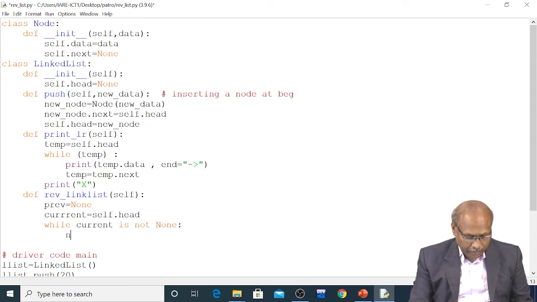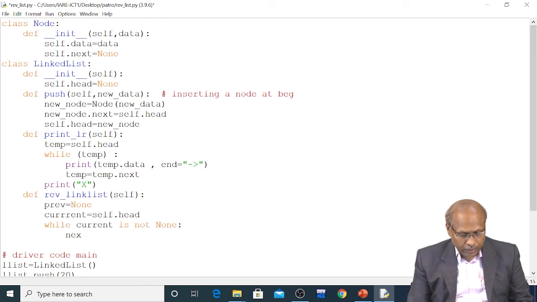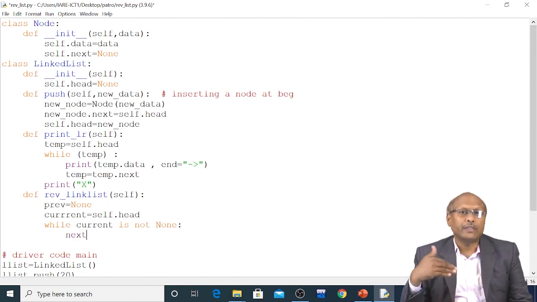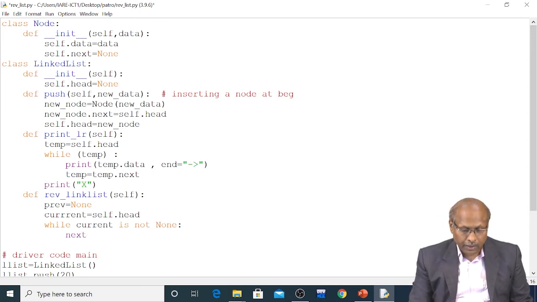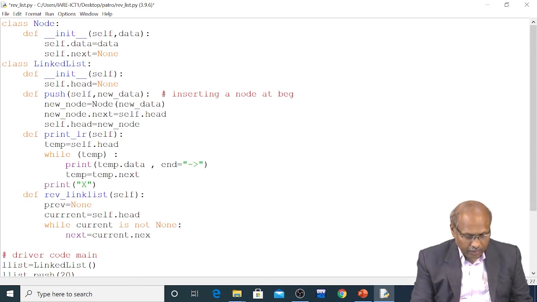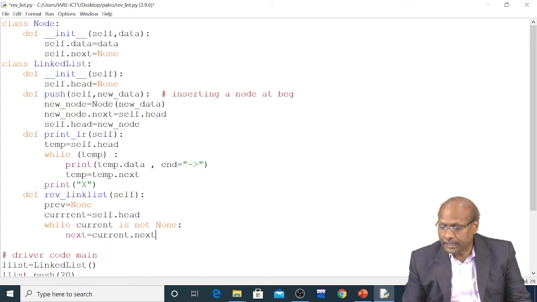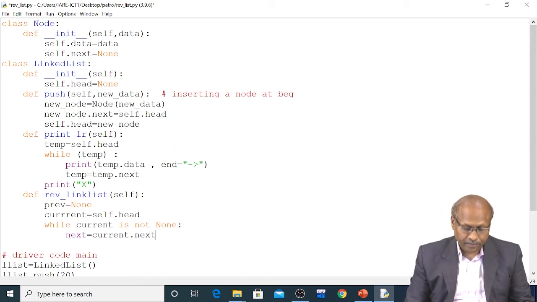Then I should write my next pointer. Where should the next pointer go to? My next pointer should go to the next address. So how to go to the next address? Who knows the next address? Because my current is pointing to the head, I should write here current dot next.